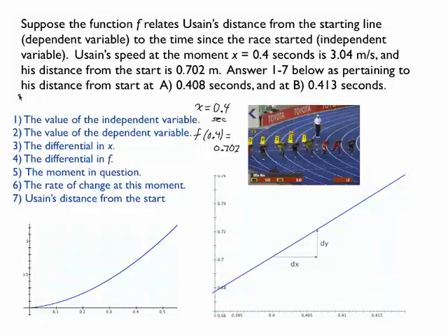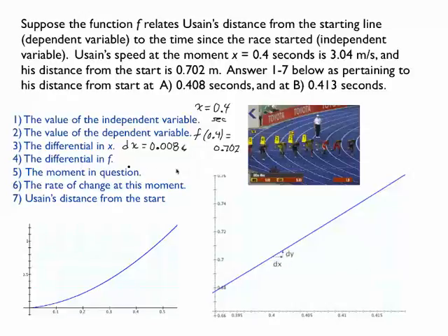Okay, the differential in x. So the differential in x is our little change in x. And just to emphasize, that is a changing quantity, and I'm trying to show that here. It starts at 0, and then that differential in x changes. But knowing that it changes, we know that at one exact time, it's 0.408 seconds. So what is the differential then in x when x equals 0.408? 0.008